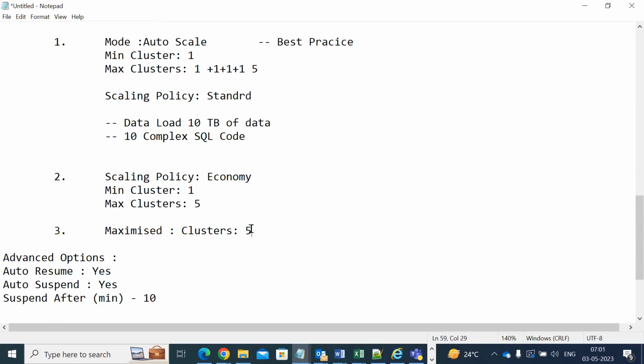If 5 clusters are selected, then to complete your process, if you created the multi-cluster warehouse with the maximized option and clusters are 5, it will utilize all 5 clusters in parallel to work on your task. So this is the difference between the first, second, and third. Here you can provide only one value, that is clusters. If you provide that one value, whether it is required or not, it will use all the clusters